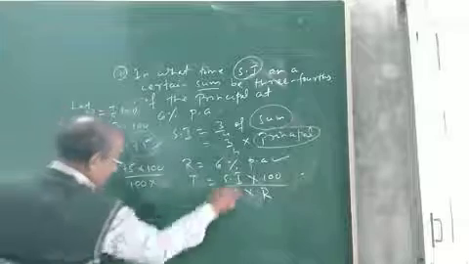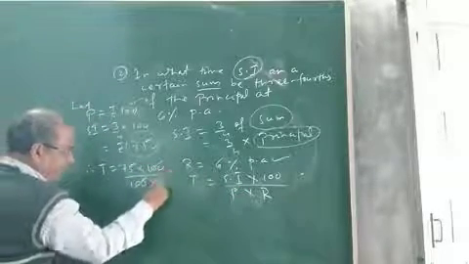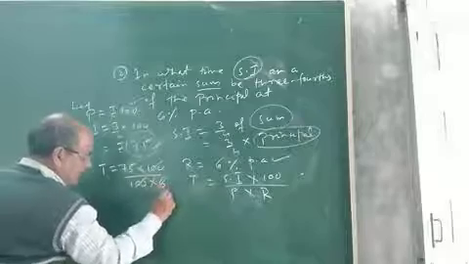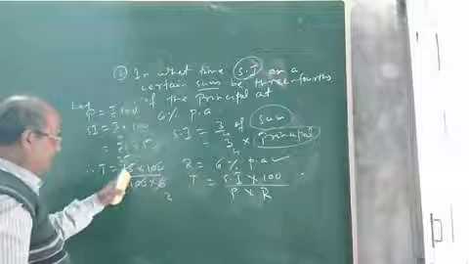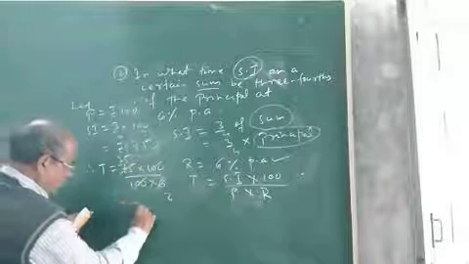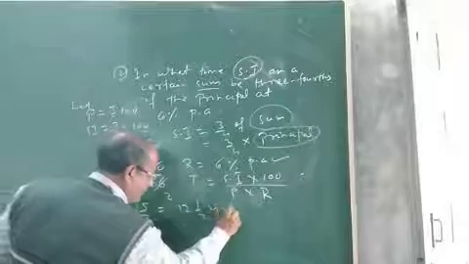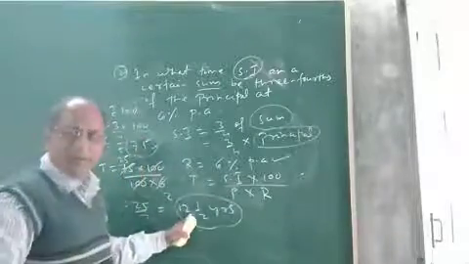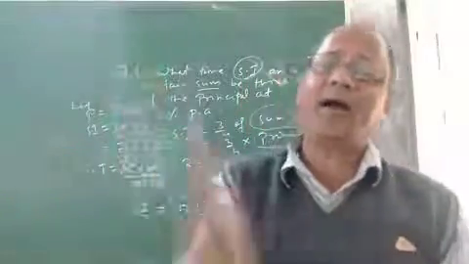R is 6. Now 100 cancels. 75 by 3, you cancel it by 2. 3 2s are 6, 3 25s are 75. So 25 by 2. 25 by 2 means it is 12 whole 1 by 2 years. You see? That means in 12 and a half years,